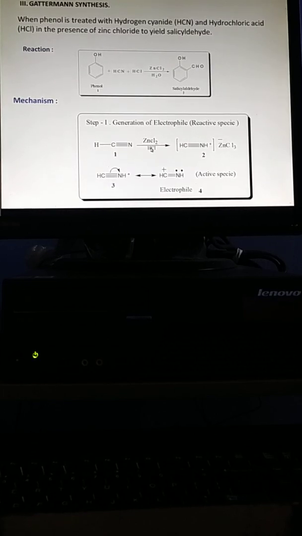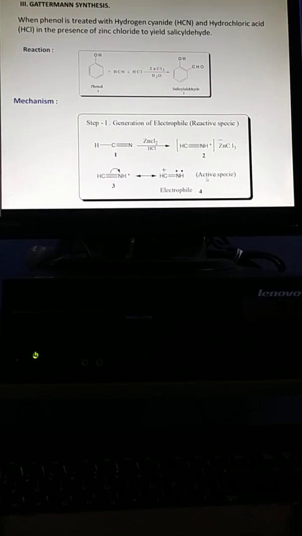In the reaction we have the acid, that is HCl, so protonation of this nitrogen will take place. That forms structure 2, the intermediate here. Now we have positive charge on the nitrogen, which is balanced by ZnCl3 minus. Okay, so in the next step,